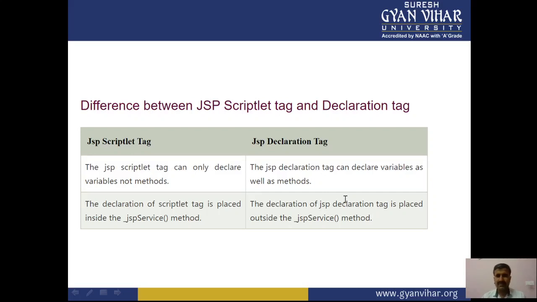So JSP technology is used to create a web application, just like servlet technology, right? It can be thought of as an extension of servlet, with features such as expression language. And a JSP page consists of HTML tags and JSP tags.